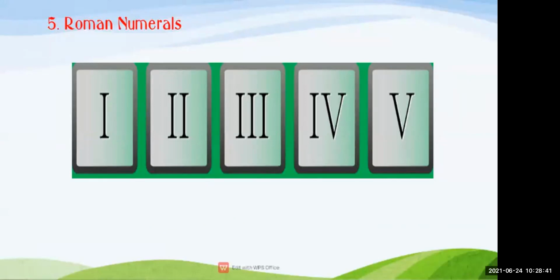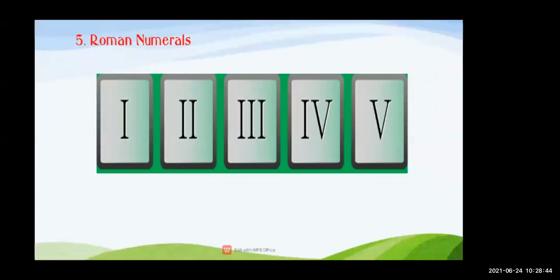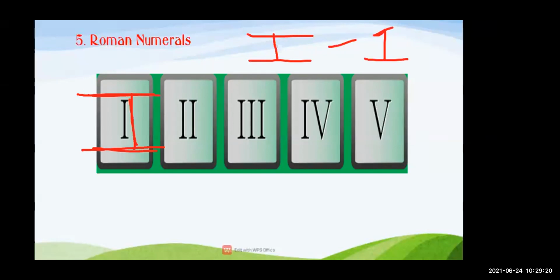Now you can see over here in the first one, it is given in the form of I. That I is our 1. If you are in standard 5th, you should know the Roman numerals for your standards. Here in first standard, this is the sign or symbol you use for writing the standard. So this is 1. When Roman numeral I is there, we say 1.